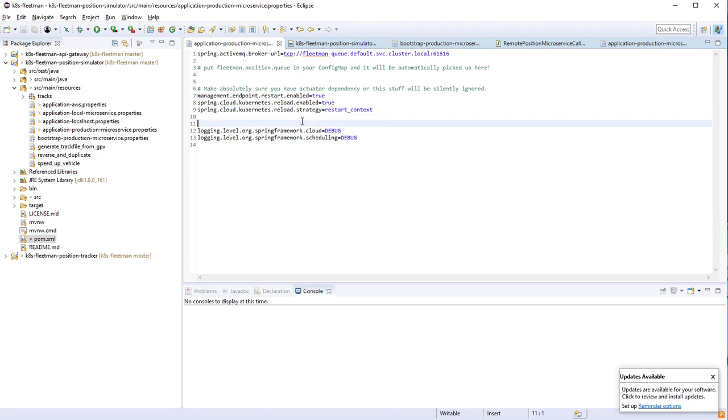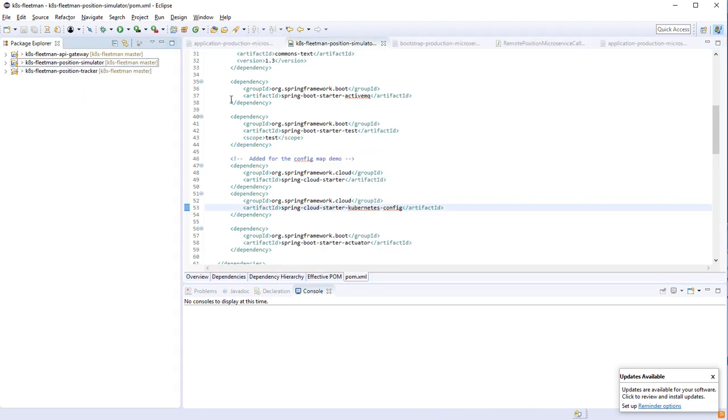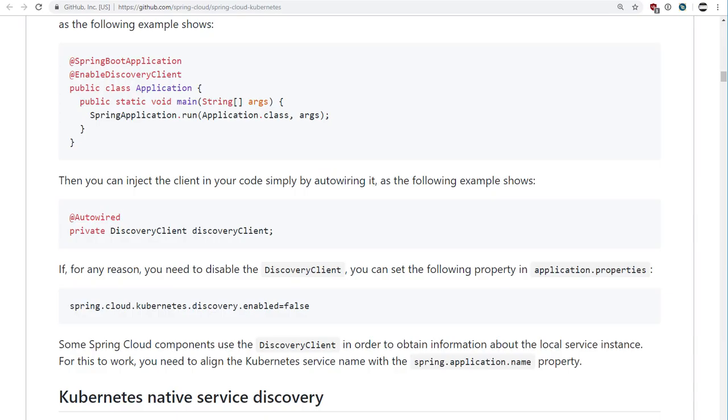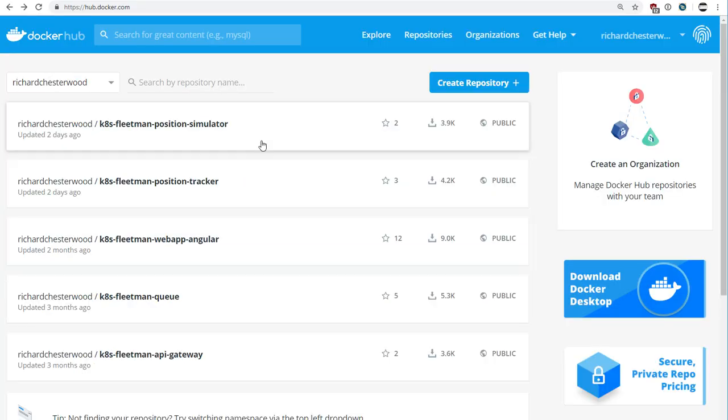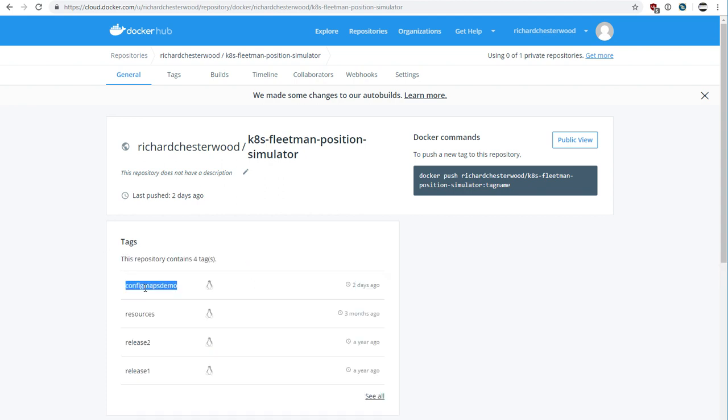I haven't had to do a lot of work, a few config changes, and in the POM, in any POM that's going to be reading from the config map, I've added in this dependency of Spring Cloud Starter Kubernetes-config. So off camera, I've already built these projects and I've pushed them as images to Docker Hub. Now, I've already got lots of images on Docker Hub for the training course, and obviously I can't touch the training course images. So I've created special images for the position simulator and the position tracker, and they're tagged with